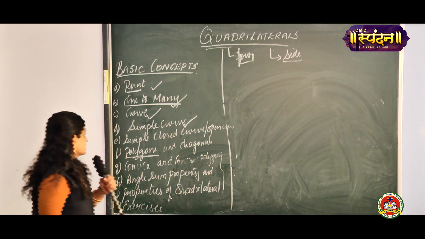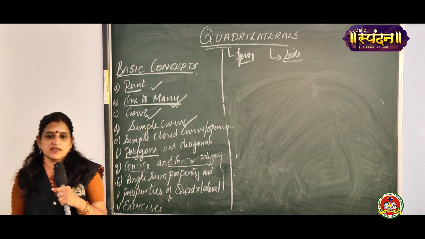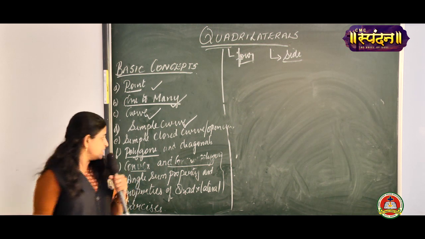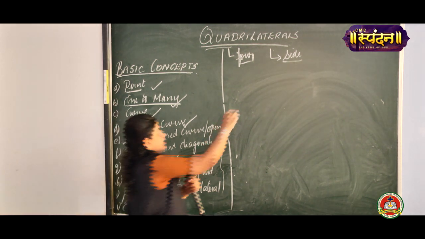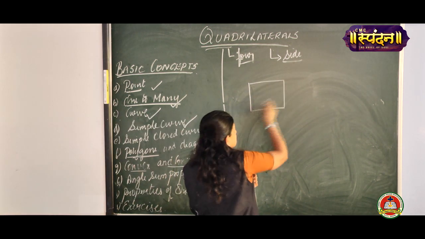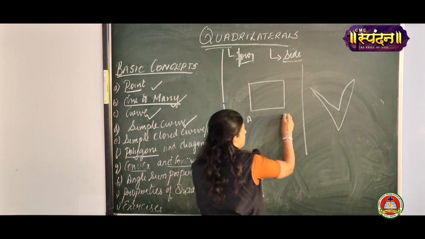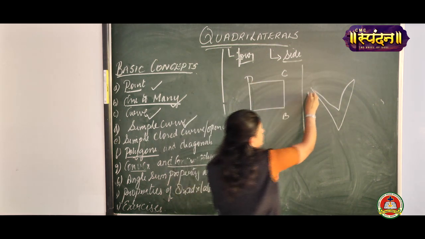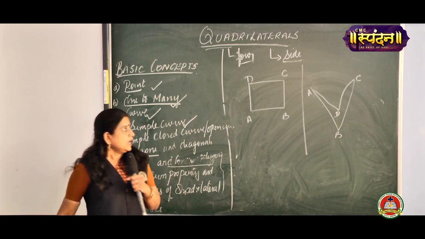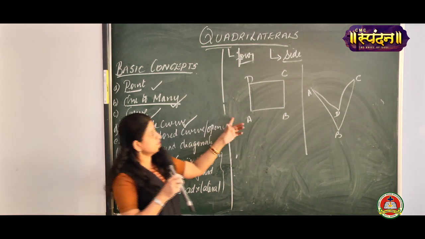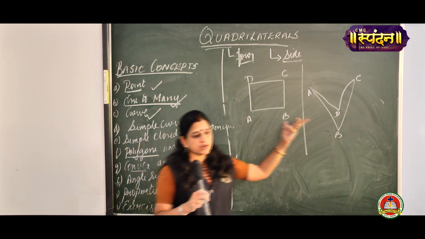Now, let us see what convex is. I will tell you the formula for finding the number of diagonals afterwards. Now, let us see what a convex and a concave polygon are. Let me draw two figures here. A, B, C, D. Here also A, B, C, D. After drawing, this is also a four-sided figure. This is also a four-sided figure. A four-sided figure is called a quadrilateral.